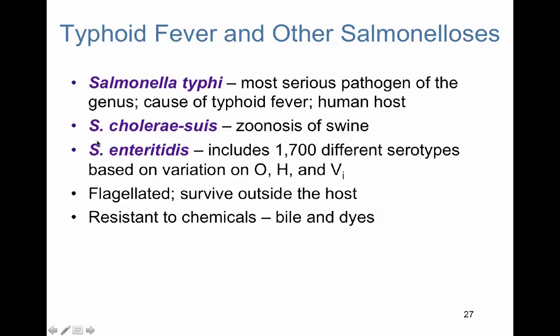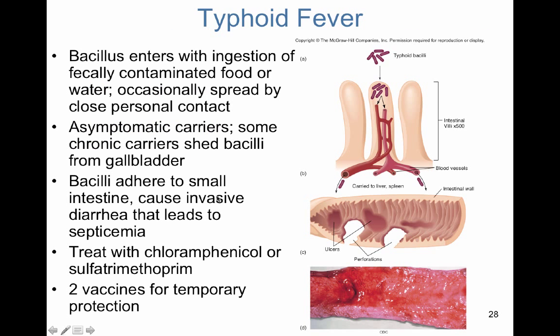So Salmonella food poisoning is caused by enteritidis species. This includes 1,700 different serotypes based on the O's, H's, and Vi's, which also are K's. But remember back, these are the antigens. And generally, a lot of these bacteria are resistant to chemicals and also can survive for some time outside of the host. Now, in the case of typhoid fever, the bacillus will enter via ingestion of fecally contaminated food